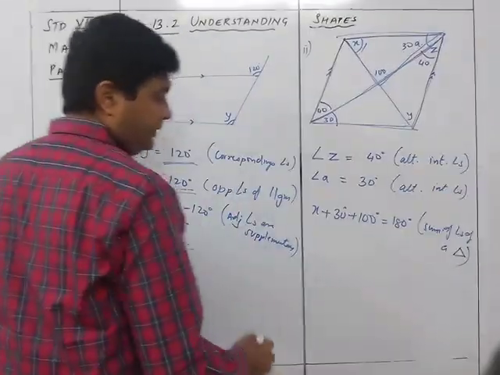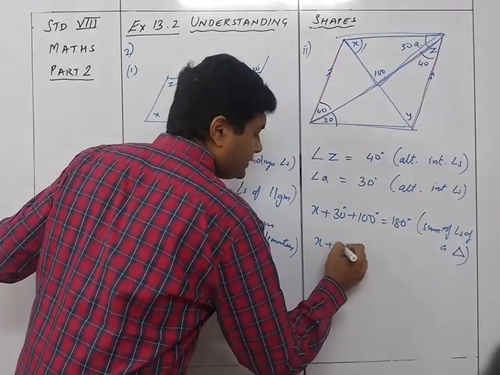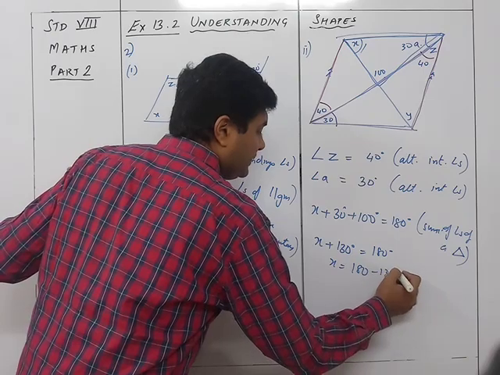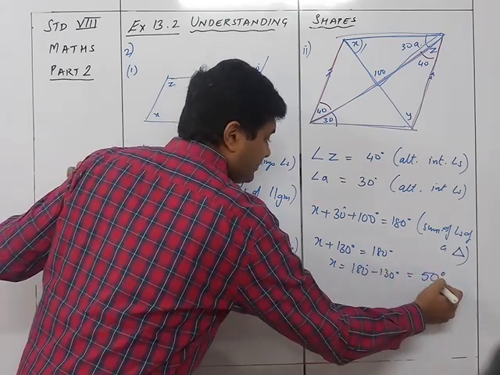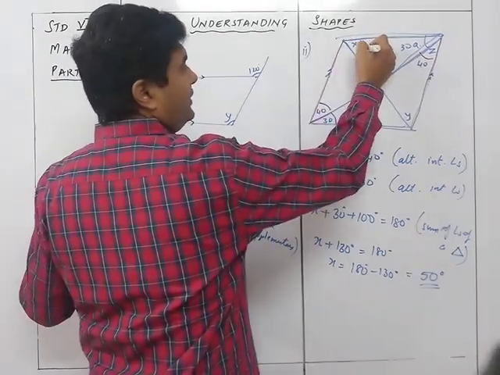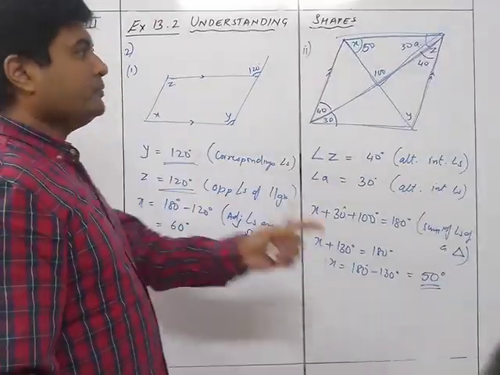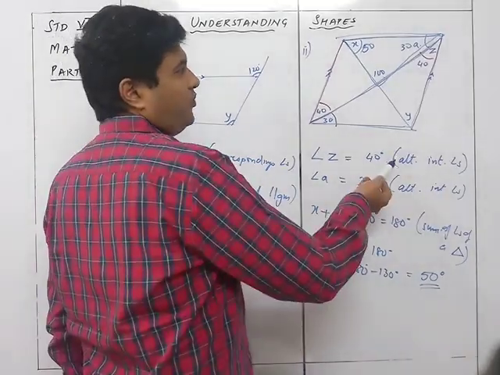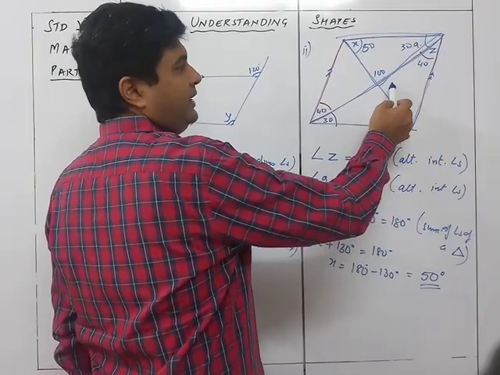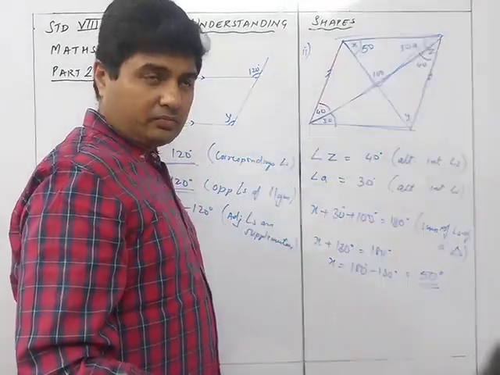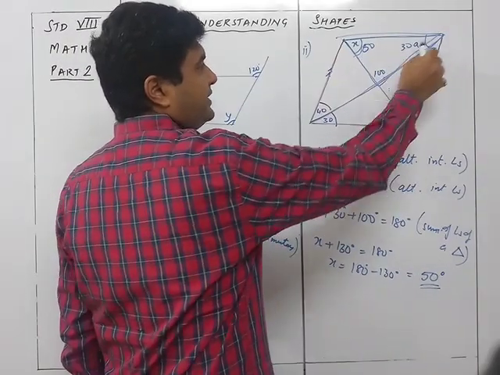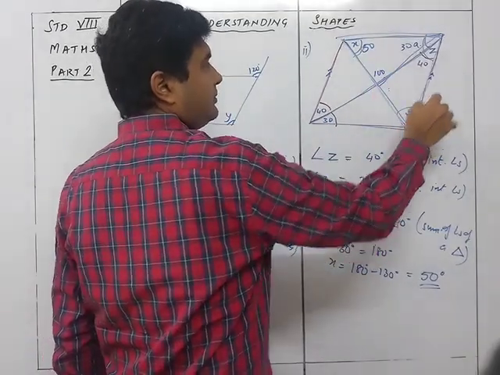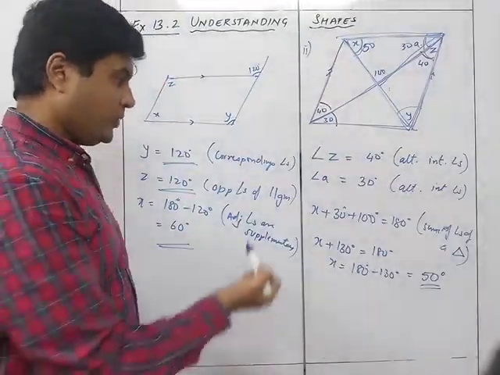Triangle का मैंने सिर्फ शेप बनाया. So here x plus 130 is equal to 180. So x is equal to 180 minus 130 is equal to 50 degrees. So x is 50. Now we need y. You have many methods to do it. First method is ये 100 है तो ये 80 है. 80, 40, y is one option. Another option is this is 50, this is complete 70, and then y, this complete triangle will be 180 degrees. So we will take that one.